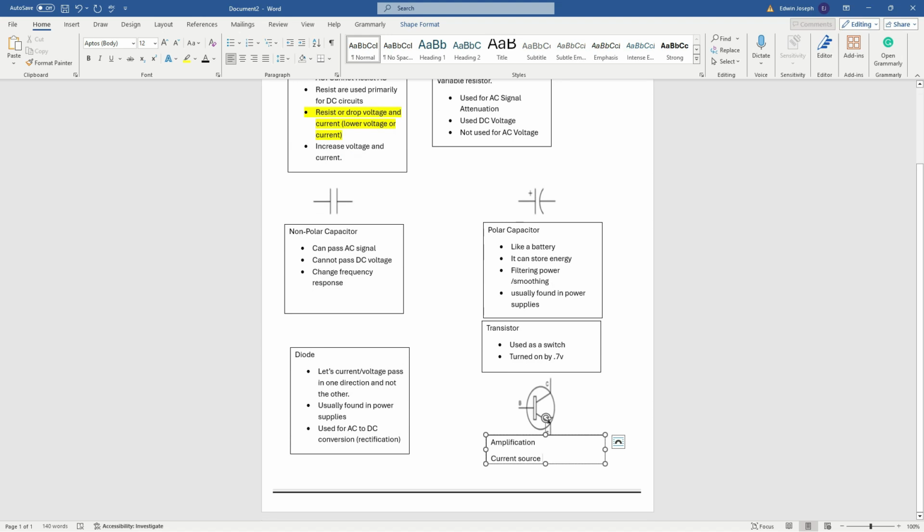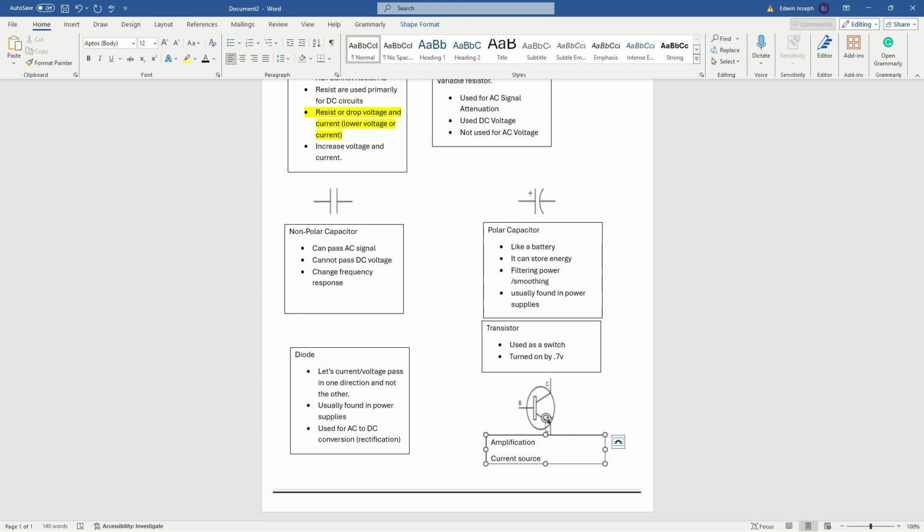But those are the primary ways that a transistor is used: as a switch, as an amplifier, and as a current source. And in my next video, I'll give you examples of what a schematic looks like when a transistor is used as a switch, what a schematic looks like when a transistor is used as an amplifier, and what it looks like when you use it as a current source. Or even better, after watching this video, you can do some of your own research, if you want to learn this stuff,